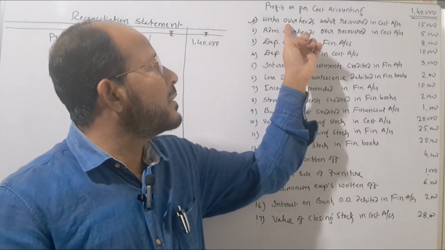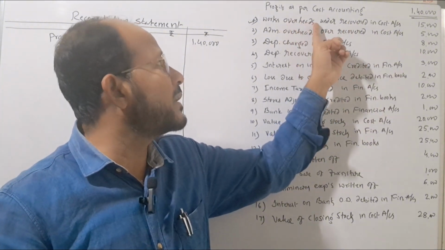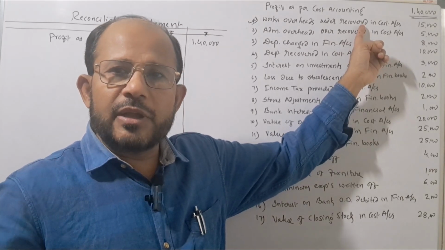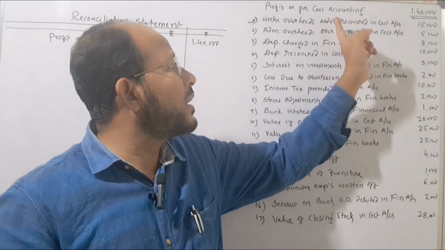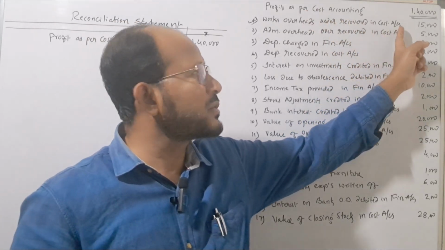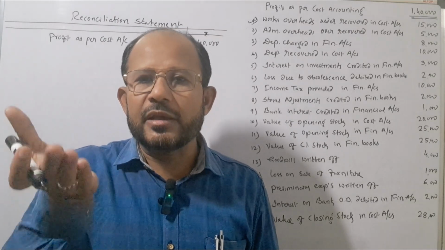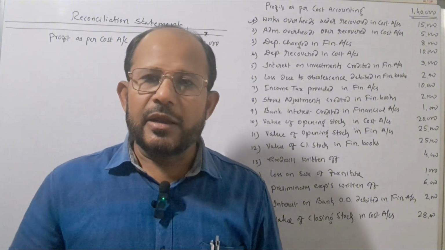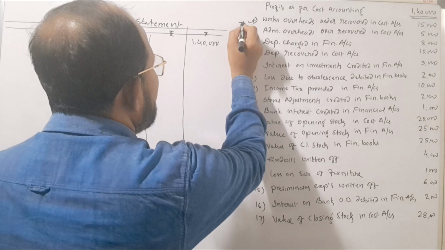Here, this is an item of expense. Works expenses are there, works overheads are there. Under recovered means less amount is recorded in cost accounts. If less amount of expenses is recorded in cost accounts, then the profit as per cost accounts will increase. Therefore, in order to reach our target, this item is required to be